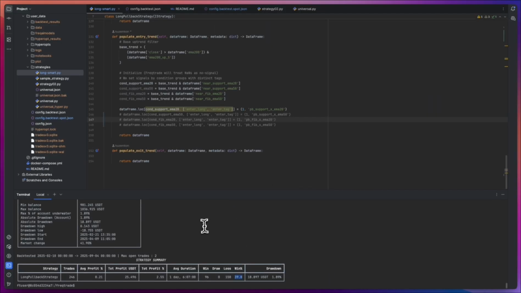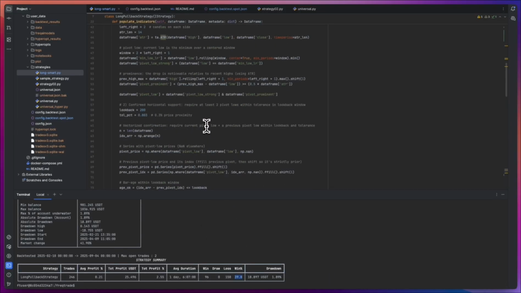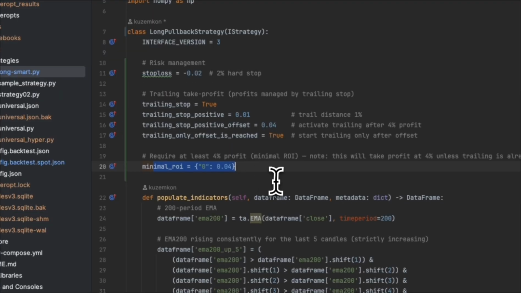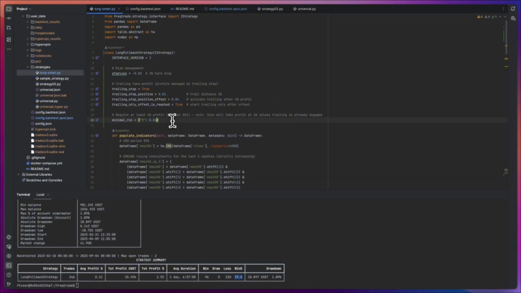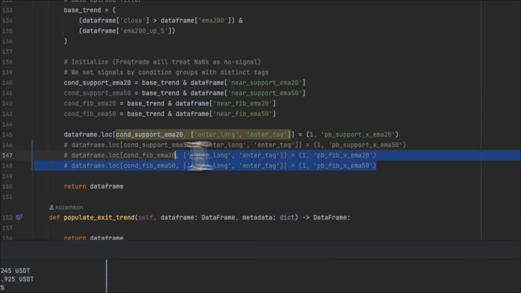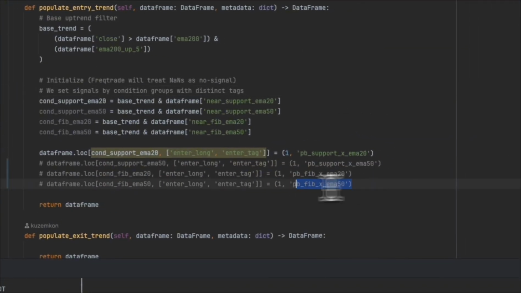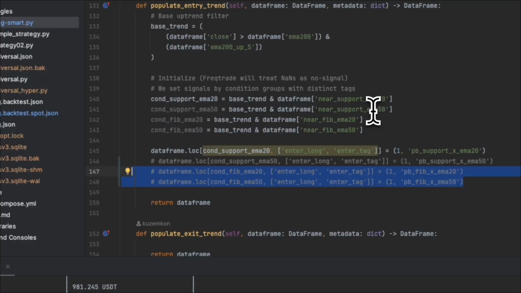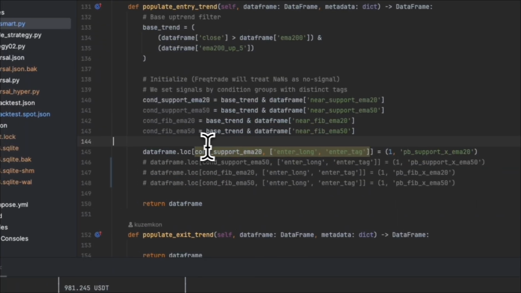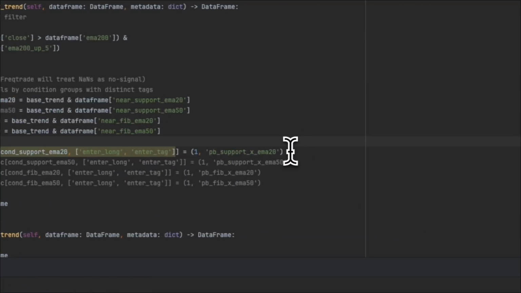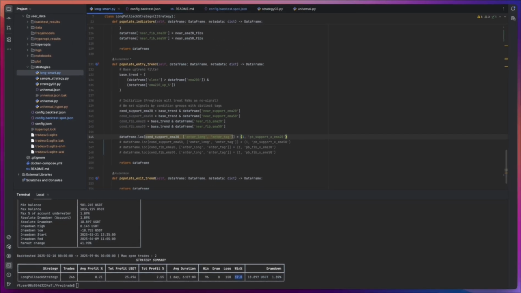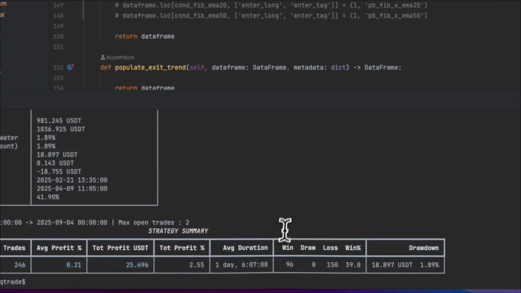So the takeaways from this strategy would be that we can play more with minimum ROI, increase it. We can use the resistance lines as ROI. I think something wrong is happening with Fibonacci. So it's either inaccurate or we're not calculating it well. And the support lines require additional analysis of candlesticks to make them more accurate. So what I'm gonna do next, I'm gonna implement the candlestick analysis and see how it will influence our current